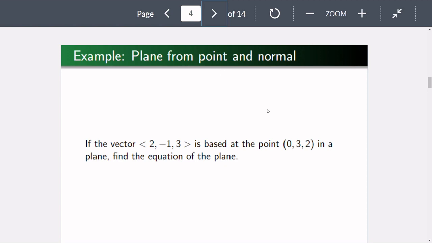So, a simple example here: if the vector is based at the point 0, 3, 2, find the equation of the plane. Well, that means we have the normal vector. This vector is supposed to be a normal vector. Another typo, I guess. I apologize. But 2, negative 1, 3 is a normal vector. And so we then plug it in with this point. We would then get